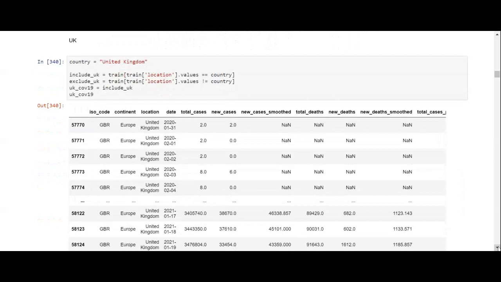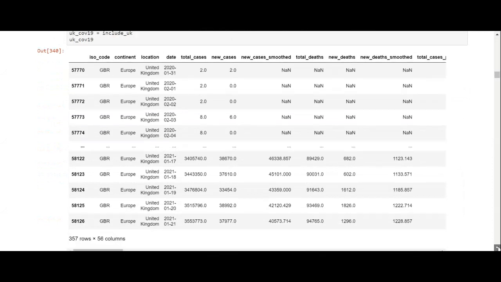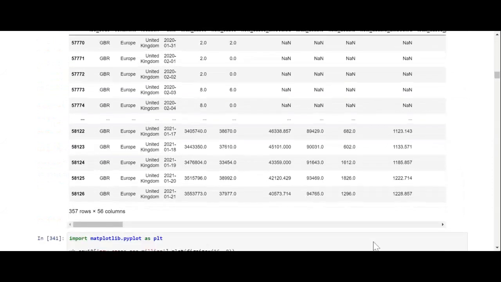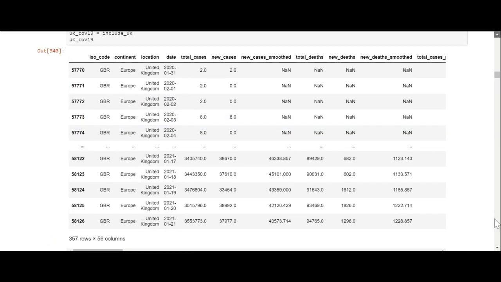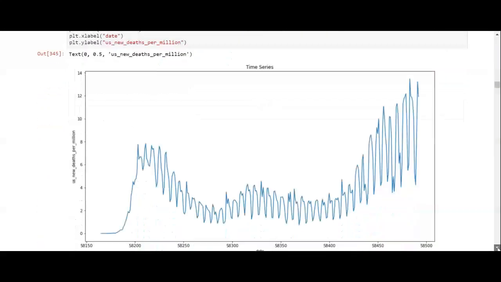So now we've got the UK. And the thing about the UK is this variant that we have coming out of the UK is a lot more infectious. And now they're finding out, oops,